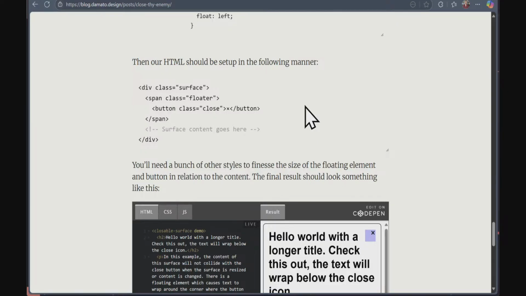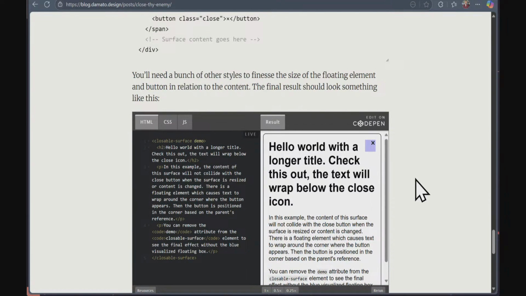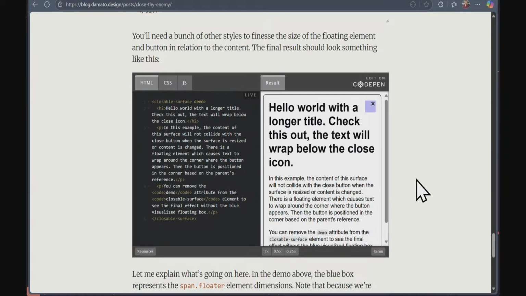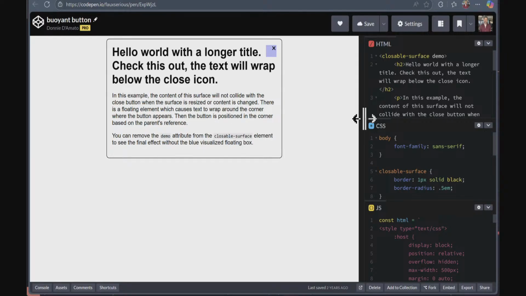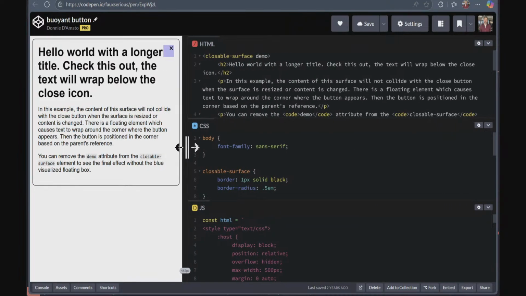And again, you need to know how big the button is in order for the floater to be the right size. Because if it's position absolute, that child, the floater doesn't know how big the button is, and then wouldn't take up the right amount of space for that area. So they need to match. In the blog post, I have an example where you could update the text in there to show how it would affect it. I think if I open this up in CodePen, we could do a little resize on this thing too. So you could see how